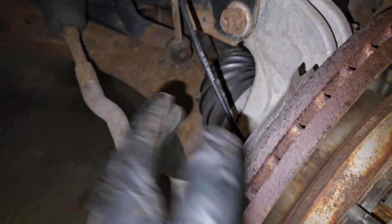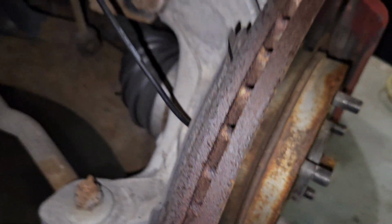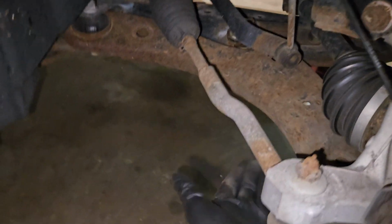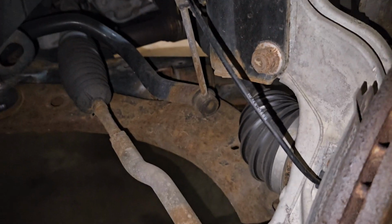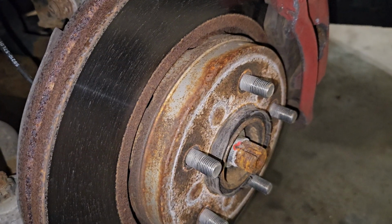All right, so I was thinking it was just sound like this metal shield maybe, but it's not touching anywhere on the back of this rotor. So it looks like I'm gonna take off this caliper and go from there. Everything else looks good. I mean, it's kind of rusty, but it should be. This is a 2012. I see that's broke too. Yeah, it's a 2012 with almost all original parts, I should say. I mean, there's a couple things that have been replaced on this car, but...